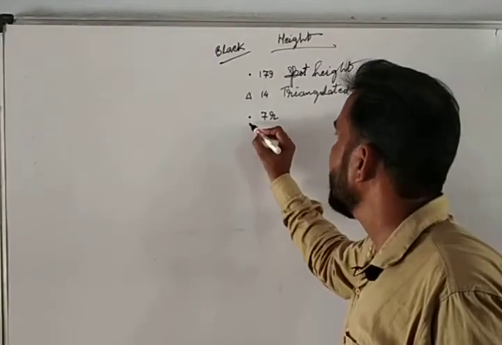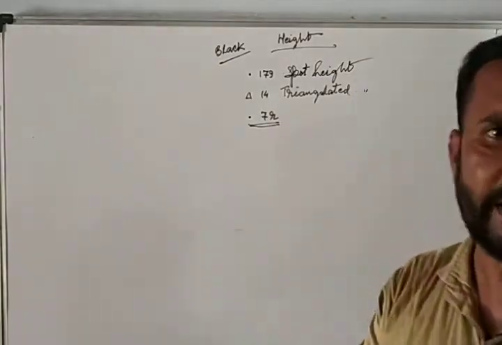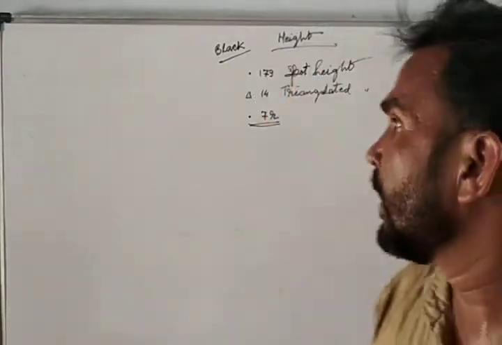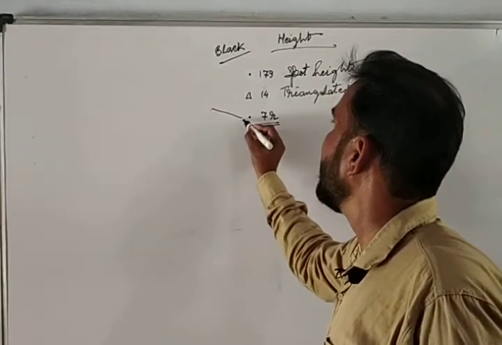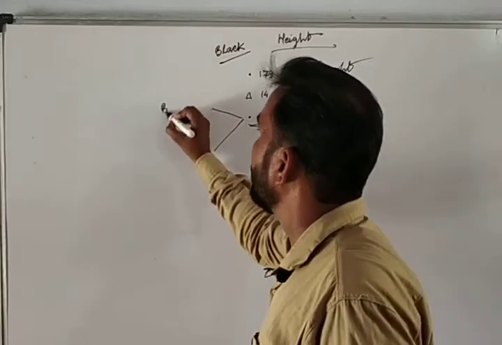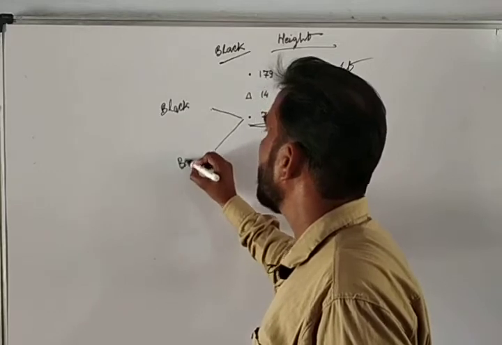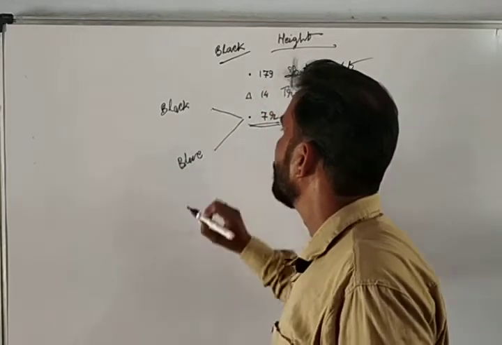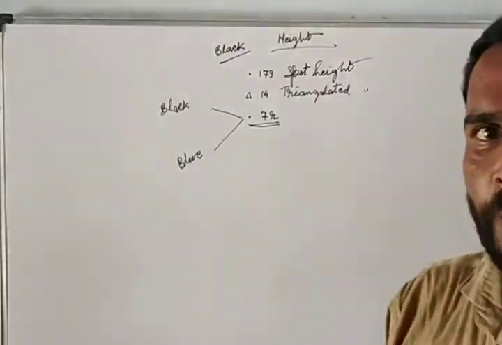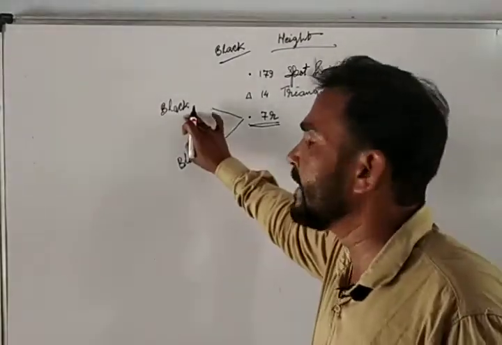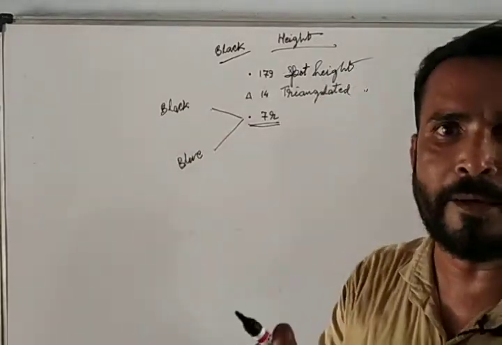Okay. Third one is this r. A small r will be given there. You have to be very careful. Small r will be given there, and it will be in two colors. It can be in black color, or it can be in blue color. So you have to notice carefully whether it is given in black color or in blue color.